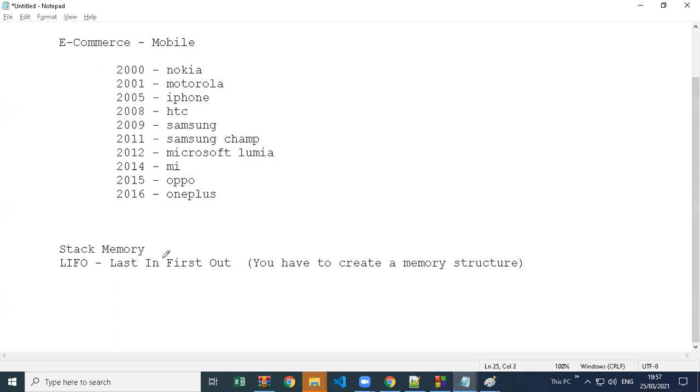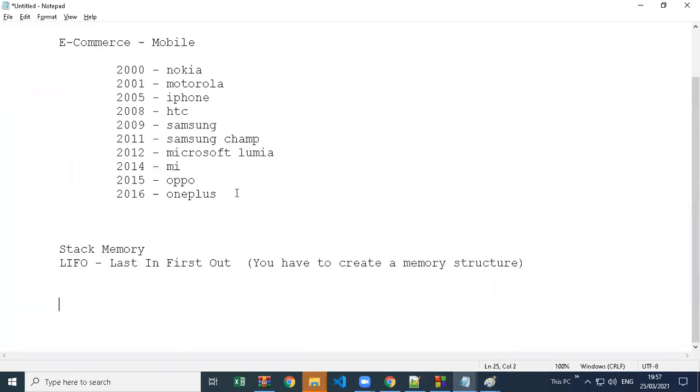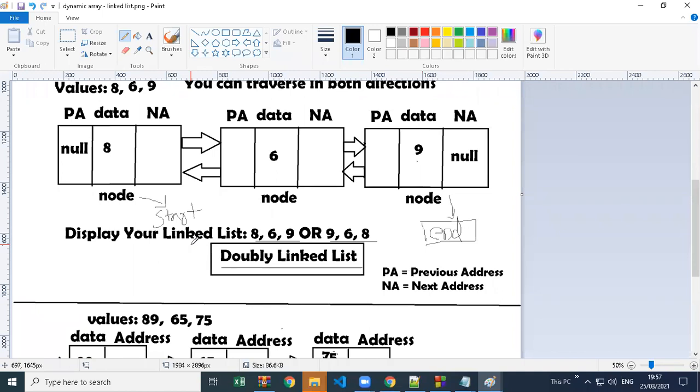In doubly linked list, it is possible because in doubly linked list we can directly start from end variable or end object, because we have end object in doubly linked list. We'll go to end object directly, not to start, and then we'll print end object data 9, and then end memory has a previous address, we can go previous, print 6, and then go previous and 8. So it will print 9, then 6, and then 8. So 9, 6, 8 reverse order is possible. That's why LIFO is possible. So this memory is called as a stack memory. It is not stored one on another, but in the concept it is called stack.